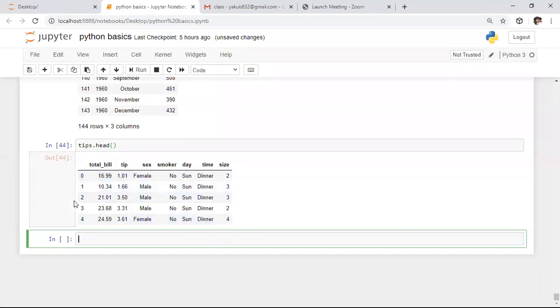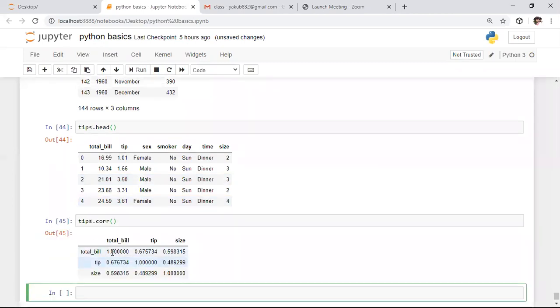After that, if you want to correlate each and every parameter, we can't do that directly with a matrix plot. To correlate each and every feature, we need to use the correlation function, which is present in Seaborn as well as matplotlib. So I'm saying tips dot corr. Whenever you apply correlation on it, it will return the correlation between different features.